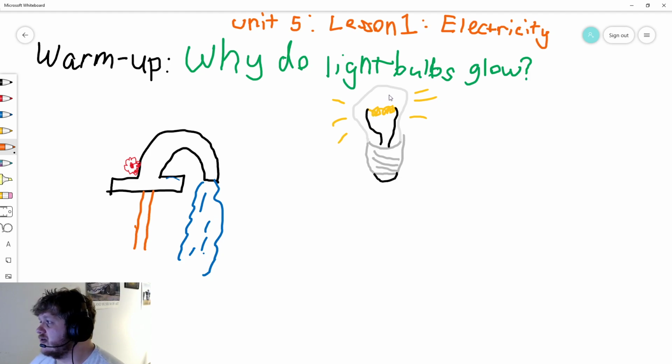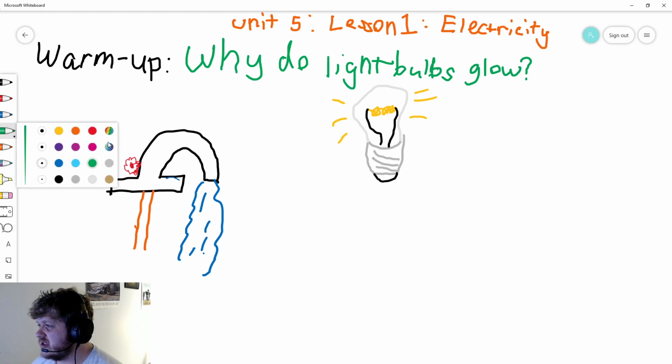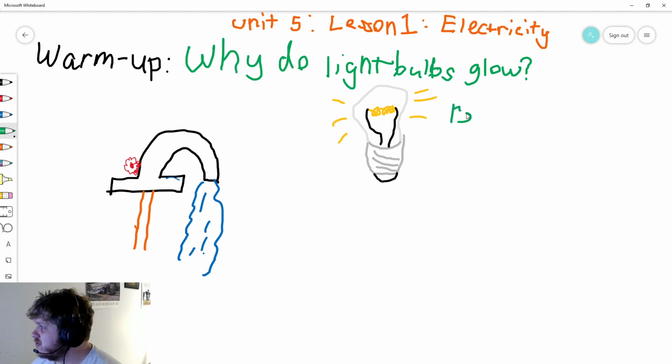Now, light bulbs themselves are filled with an inert gas to prevent a fire because normally these filaments are at about 2000 degrees Celsius, which means they end up getting really, really hot. And so they end up glowing because the filaments are basically resistive and have a resistance. So what we're going to do is just a little vocab here. It resists the flow of electricity. And so basically, big note, resistance